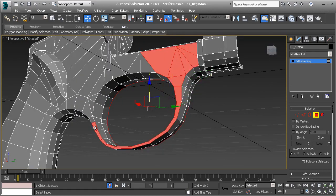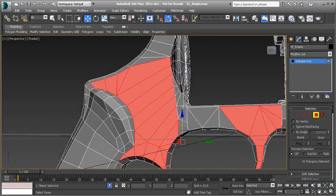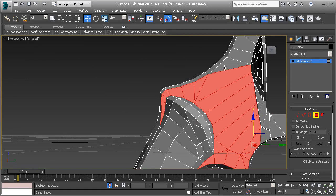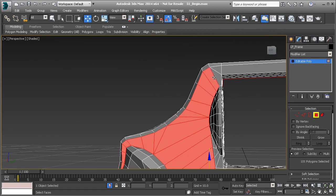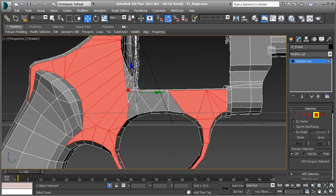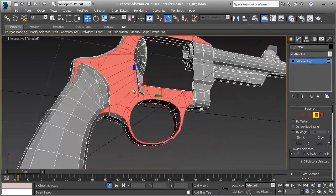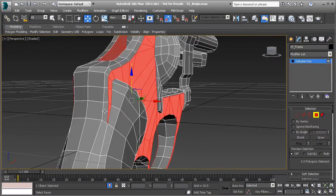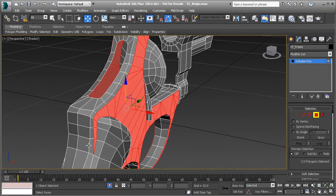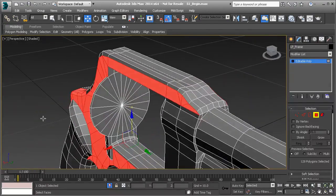And what we're doing here is we're just setting up these smoothing groups, getting an idea of how we want this to appear. Because smoothing groups are going to be really important whenever it comes down to UVing. Because we are working on a hard surface model, UVing and smoothing groups are going to be really important for us, especially once we start baking out our normal maps. It's going to be really, really important for us to have these set up properly. Now, if we really wanted to, we could go ahead and make these part of the same smoothing group, okay? But I'm afraid that if I did that,